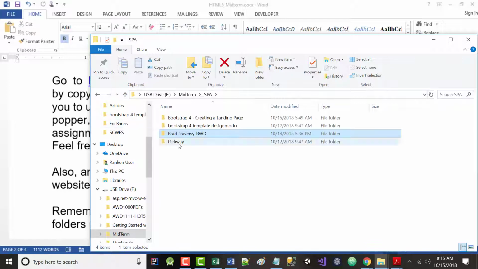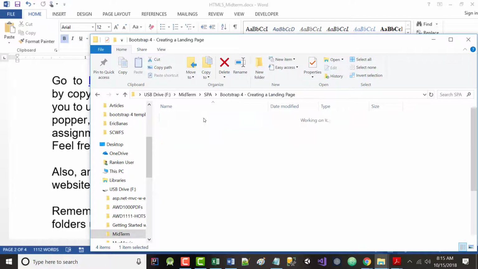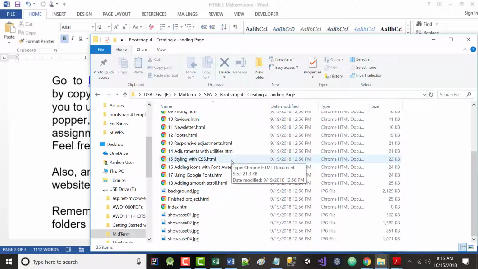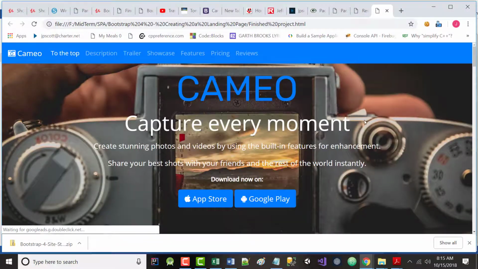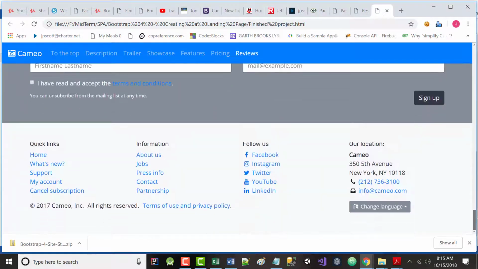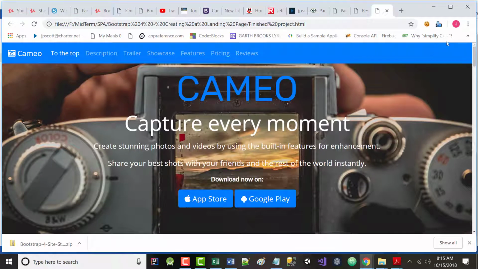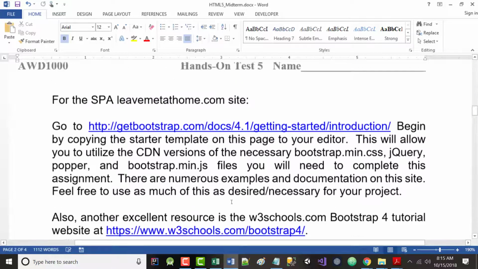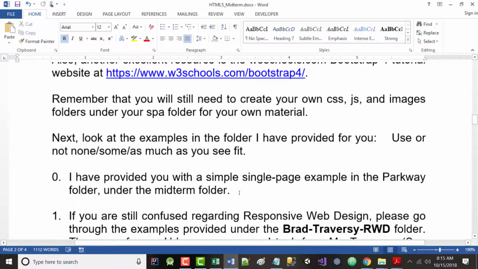What else is in there? There is a project. These are both from the internet. There's a thing called creating a landing page, and it's really big. But if you look, there's a thing in there that says finished project. It shows you a complete one-page site and how you can do it, and all the code is on there. Now, if you say, well, that's fine, but how am I supposed to understand that? Again, you don't have to do this. But if you want to,